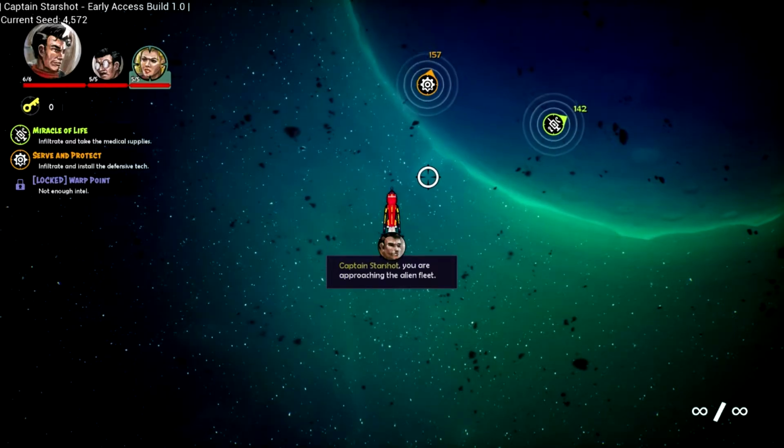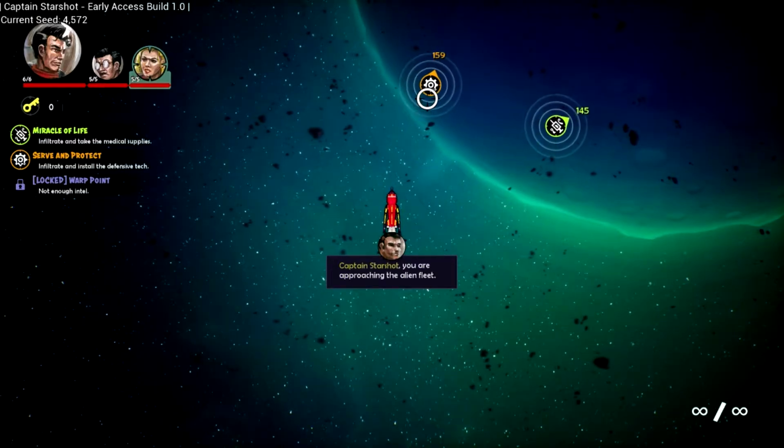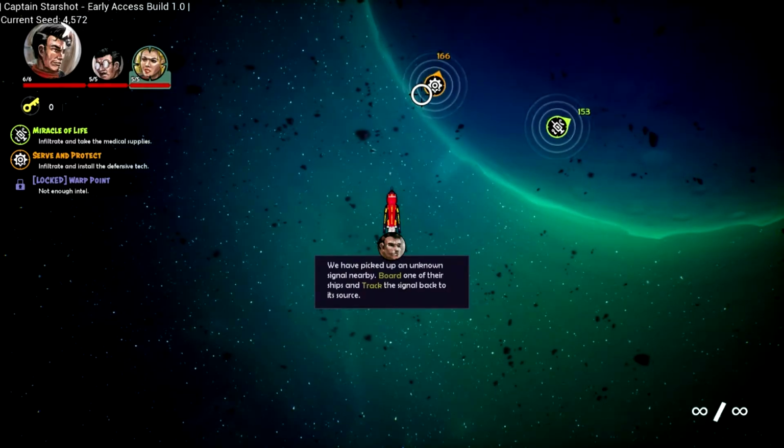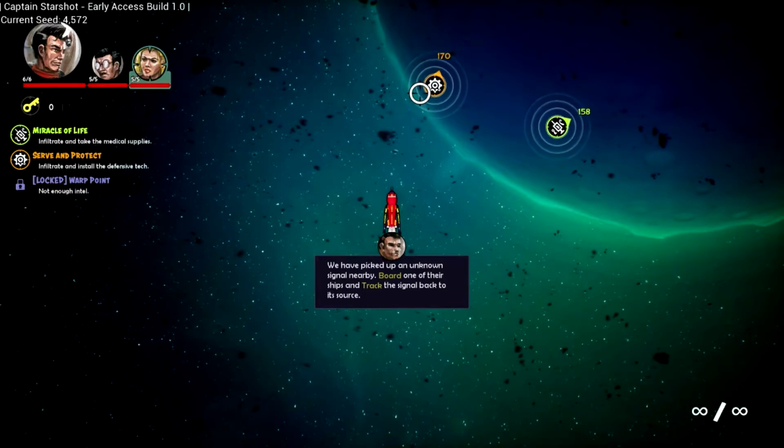Captain Starshot, you are approaching the alien fleet. We've picked up an unknown signal nearby. Board one of their ships and track the signal back to its